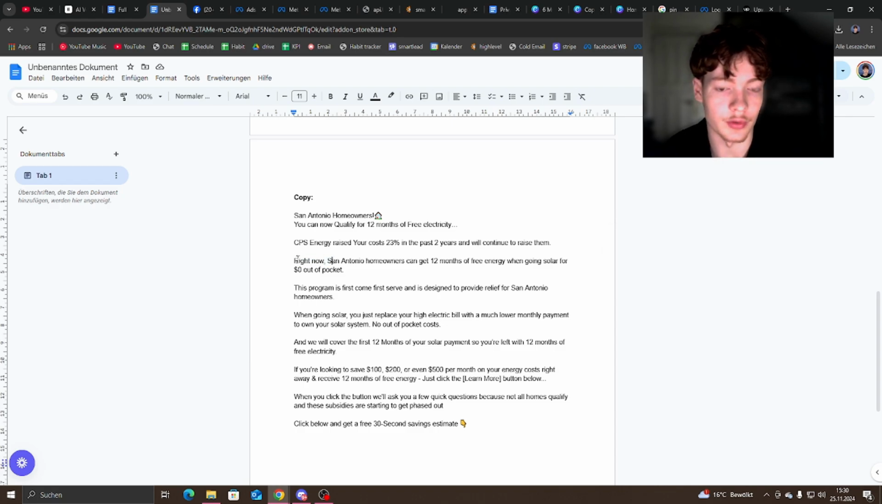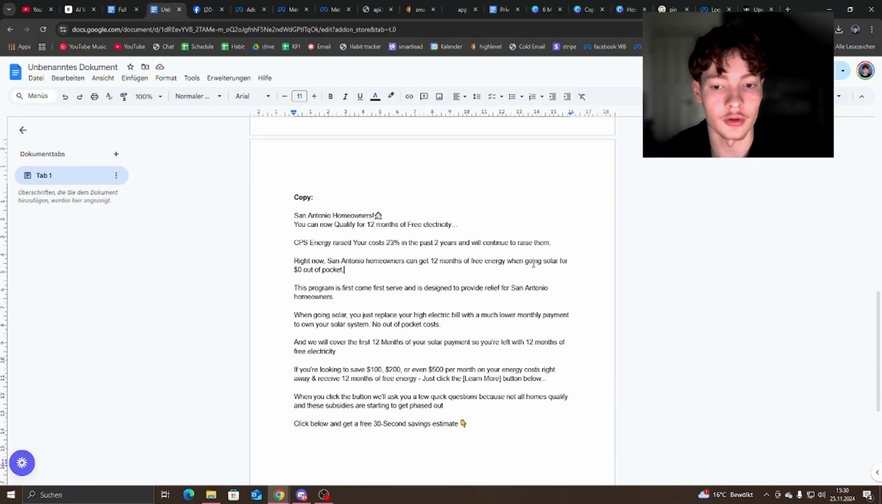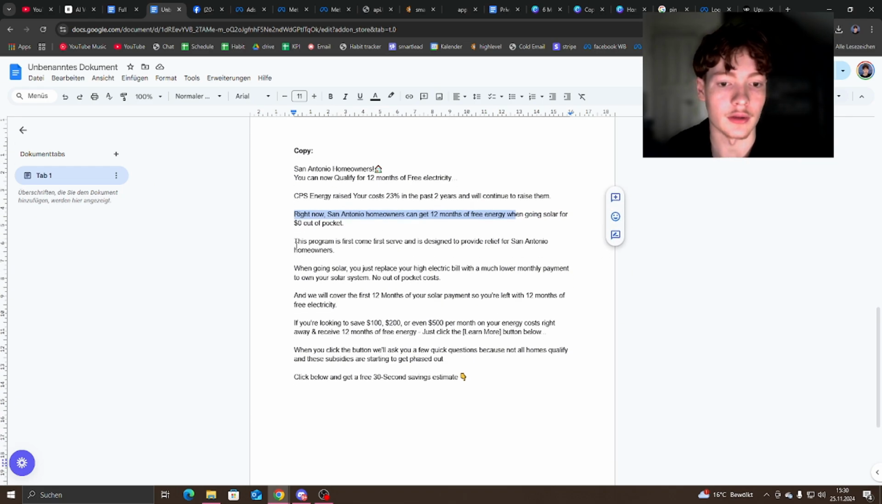And then we come up with the solution. So right now, San Antonio homeowners can get 12 months of free energy when going solar for $0 down. So this is the first time that we mention solar. It's not in the hook. It's actually right here. So now they know it has something to do with solar, because if we don't tell them that, then obviously we're going to get very low quality leads. And once we tell them that it's about solar, they might not be interested anymore. So we want to still be straightforward and upfront by mentioning this, but we also mention this great offer, and then we add some